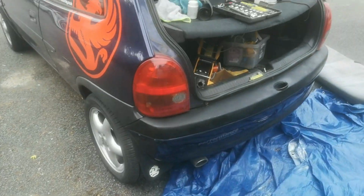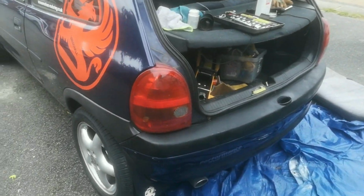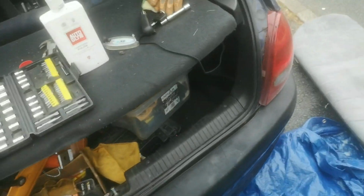Okay, so we're all on now. The rear bumper looks a little bit better to what it was. It isn't, of course, amazing. It just needs a little bit of a wash, I'd say. But you can see, I'm not overly happy with it, only because you can see imperfections on it. But it will do for now,